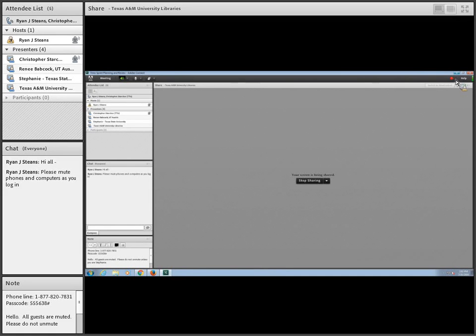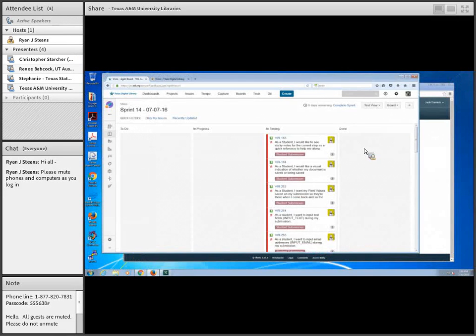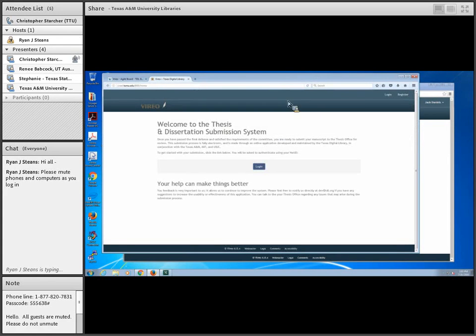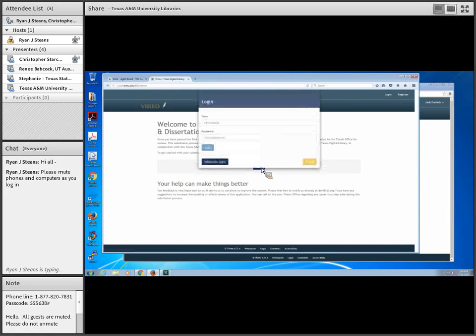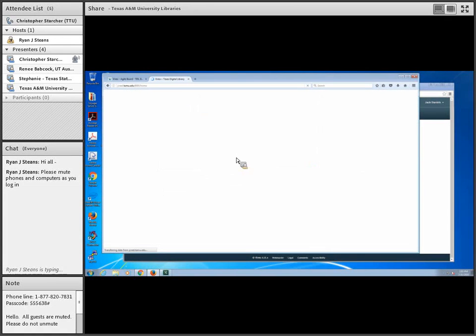I think that we're ready to go ahead with the demonstration whenever you're ready, James. All right, thanks, Stephanie. We're going to start out today with some cards associated with the student submission side of things. First one on the list here, VIR 163. As a student, I'd like to see sticky notes for the current step as a quick reference to help me along. So I'll come over to our system here, go ahead and log in with the mock Shibboleth,